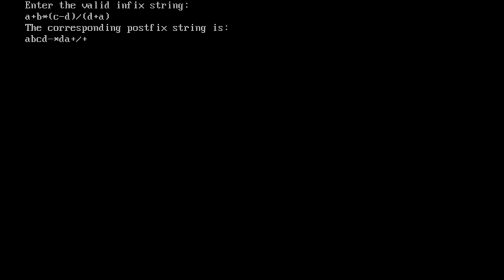In the next program, we will see how this expression evaluation can be used for the purpose of operation. We'll see that in the next program. You can keep trying with varied kinds of input expressions.